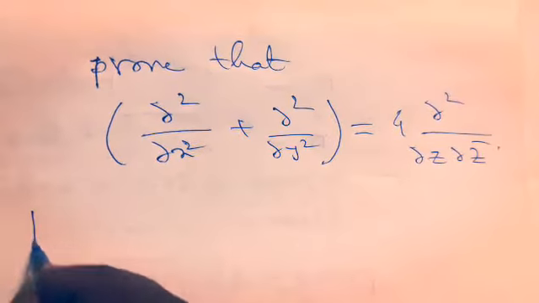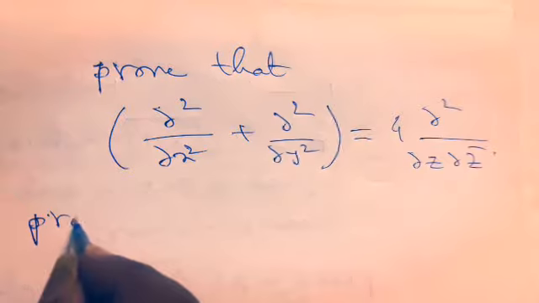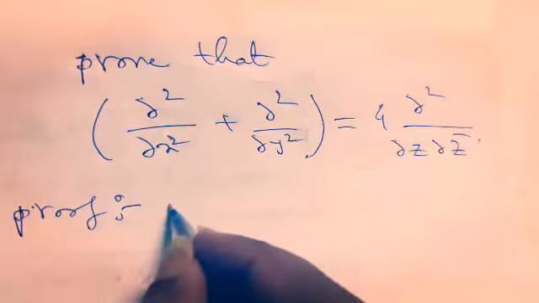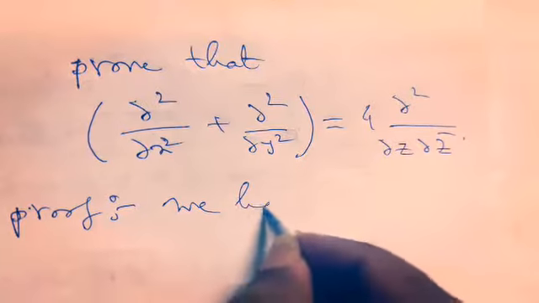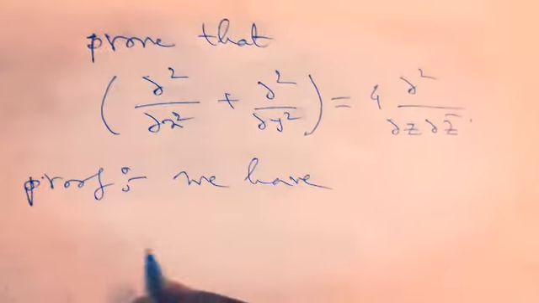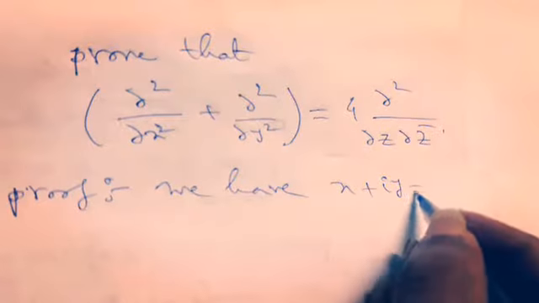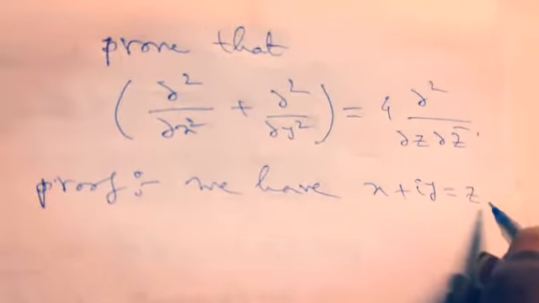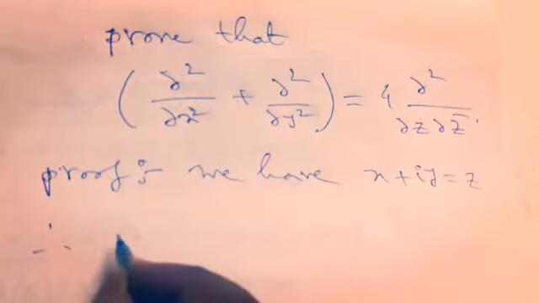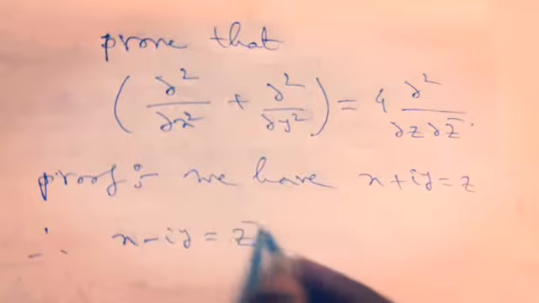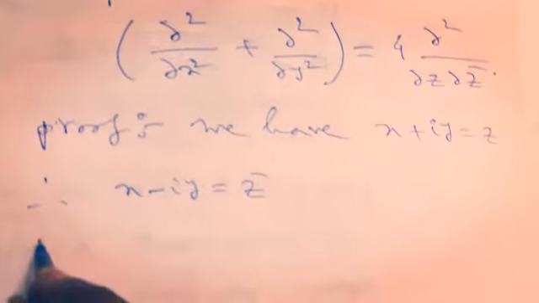At first, for the part of proof, we know already x plus iy, that will be z. Therefore, x minus iy, that will be obviously z bar. Then